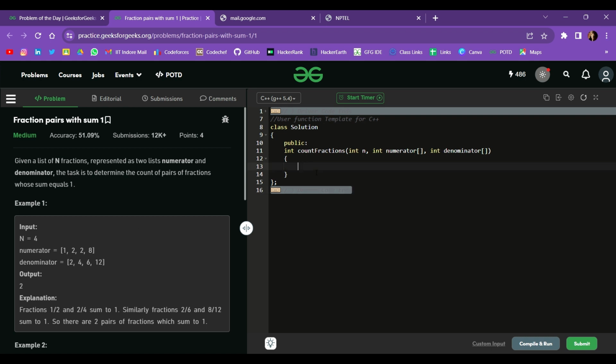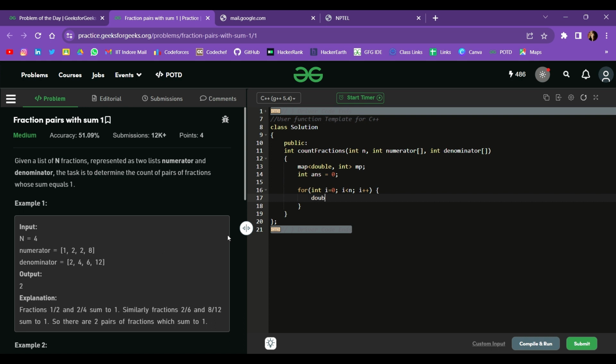So for that we can make use of a map. Since it is a fraction, we can use double as a key and the value as an int, because it will store the count of that key. Next I'll name that as p, then we will have an answer equal to 0. Now I will just iterate through the given arrays from i equals 0 to n, and for each numerator and denominator